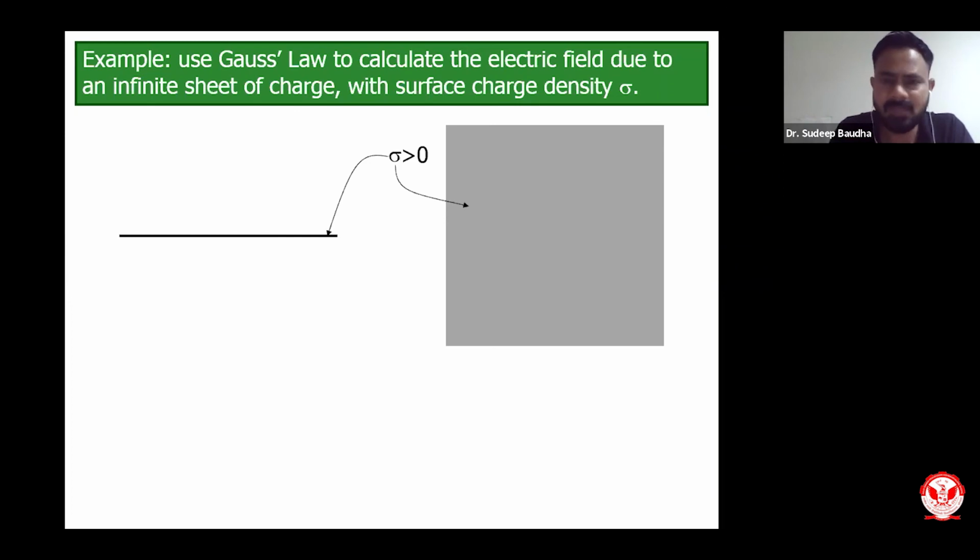So we will start with Gauss law to find the flux. Before that, let us indicate what the electric field will be. This is positive, and the electric field will be emerging outward in direction. So this will be the orientation of the electric field, this direction and this direction. If you look from the top point of view, the electric field is in this direction, and then that will be pointing out of the screen.